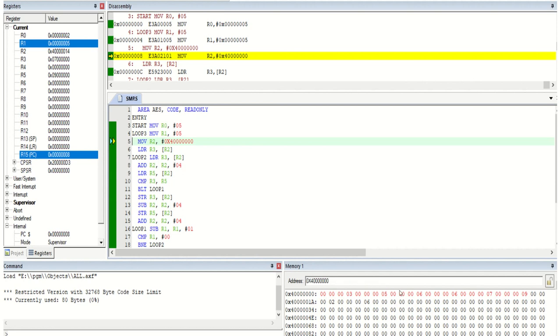1 space, 2nd space, 3rd space. That means 3rd number, 4th number, 5th number, like that. How many numbers you are going to consider in memory, that array size you have to mention in the code also. Here 5 is the array size I considered. Now the address where I loaded the data, that you have to mention, that is loaded in R2, and take the first number inside some register. Taking a number from memory to register is a load, and moving any number from register to memory is a store.